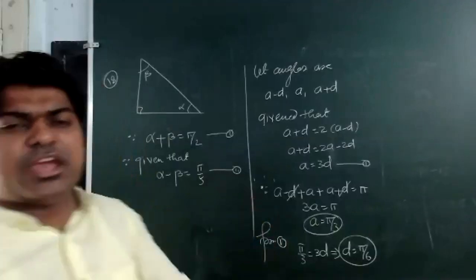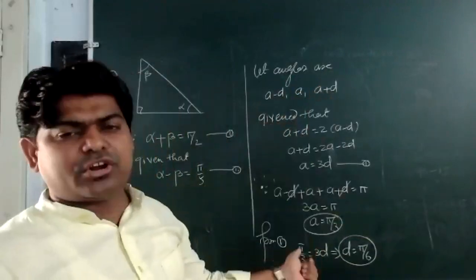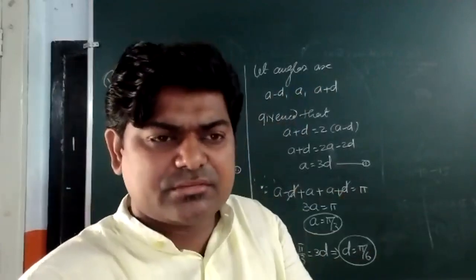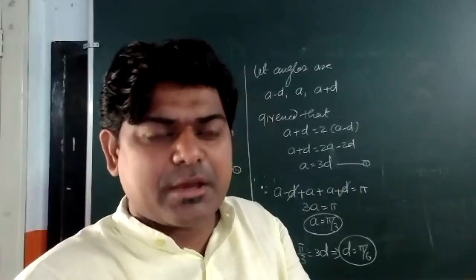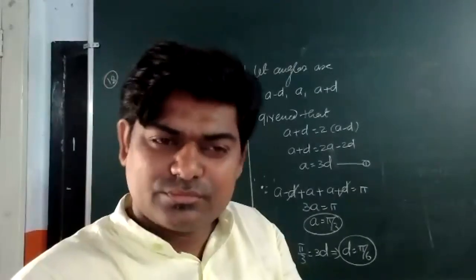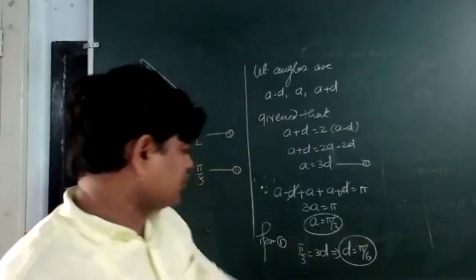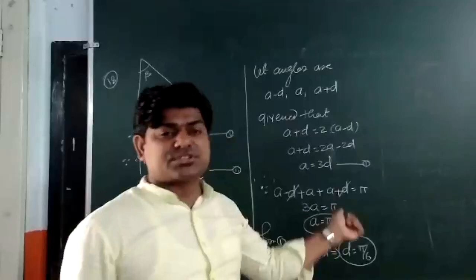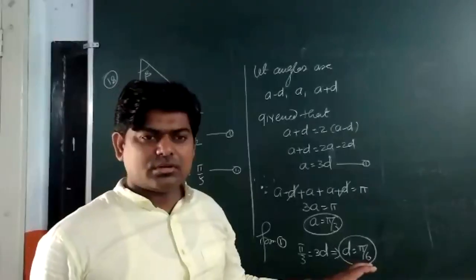After getting the values of A and D, can we find A minus D and A plus D or not? Because A we have already got. So all these three angles can be written in circular form, meaning in radian. Say yes or no. It would be pi by 6, pi by 3 and pi by 2. Am I correct? 30, 60 and 90. Because the difference is pi by 6, which means 30, and the middle angle is pi by 3, which means 60. Are you getting me? Are you having any problem?